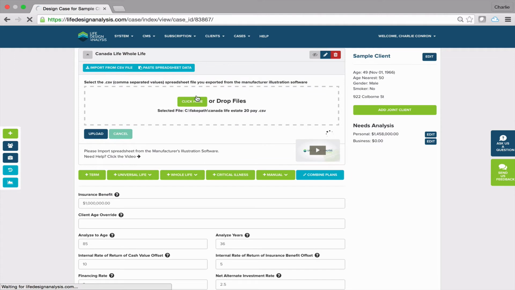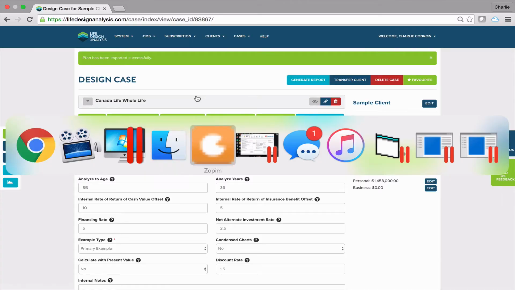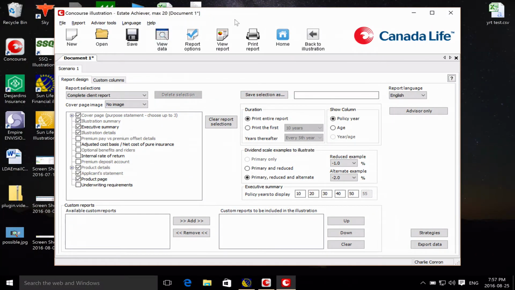I'm just selecting the spreadsheet from the illustration software. And I just want to show you again where life design analysis pulls these from. Again, you can see if you go to report options, you're going to see that there is how you can set your reduced and your alternate reduced. And I'm actually going for a -2 example in both of these scenarios